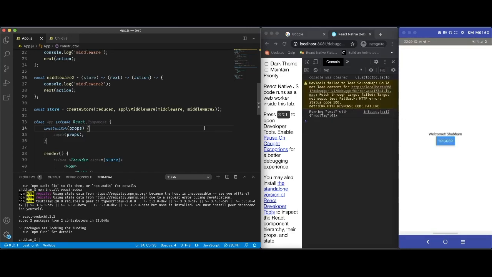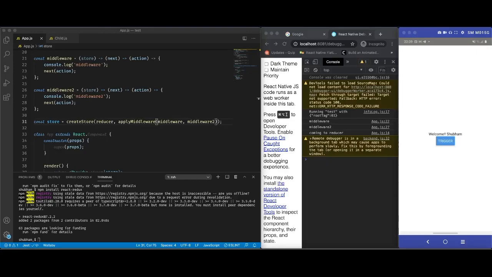Then I will trigger that button again, and we should see two middleware logs and then a reducer log. As per the logs, we can see the middlewares are executed in the same order in which we add them. Middleware can be used for things like API calls or logging or anything that can be done before updating the state.